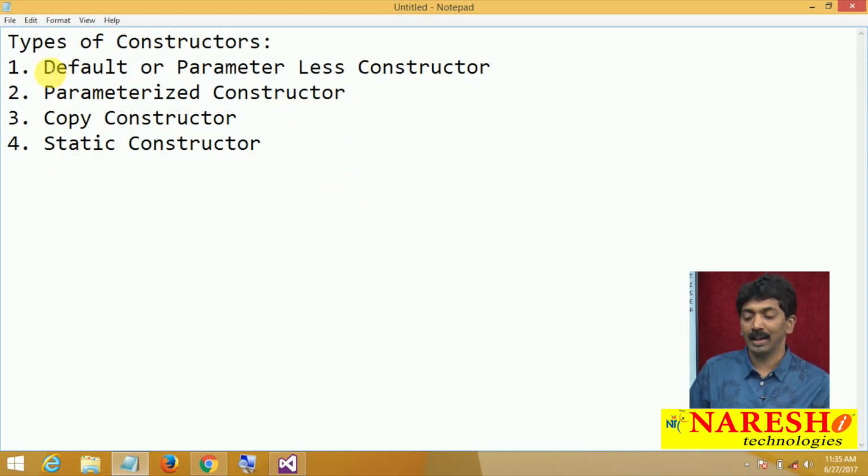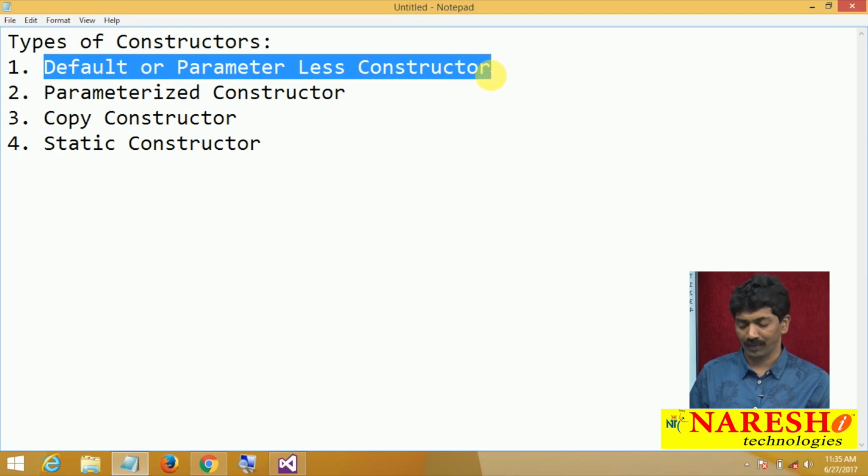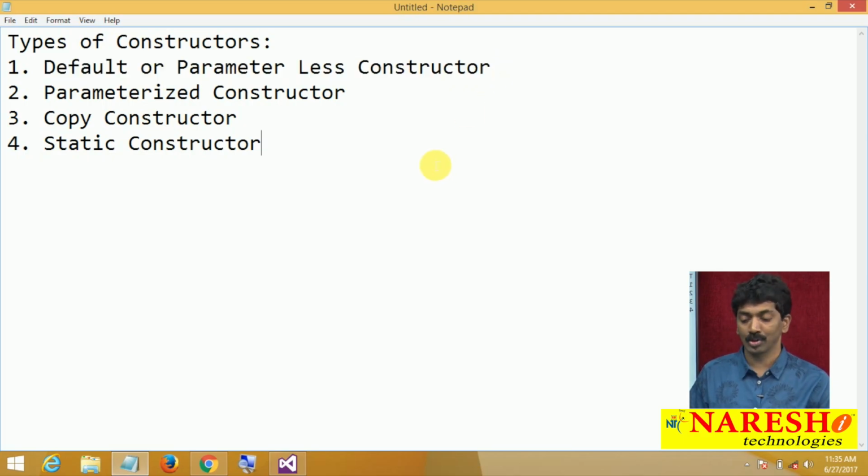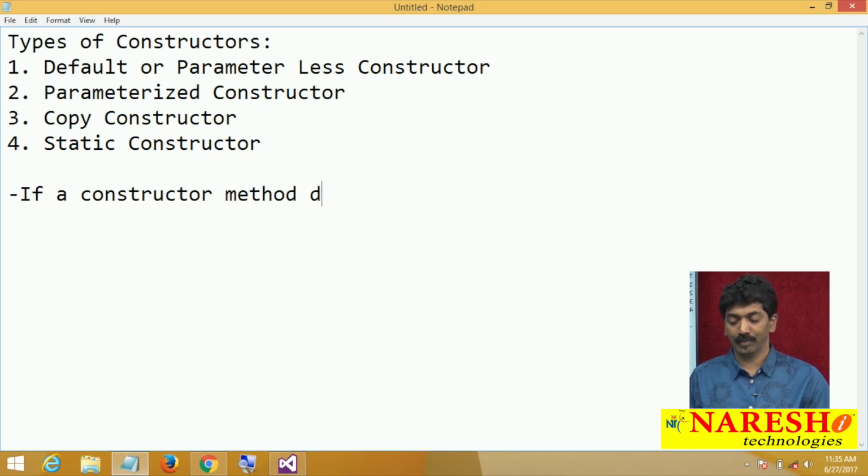So what is a default or parameterless constructor? If a constructor doesn't take any parameters, we call that a default or parameterless constructor.